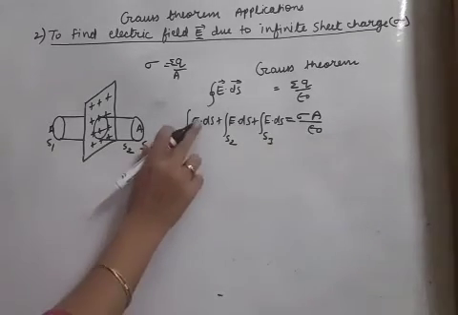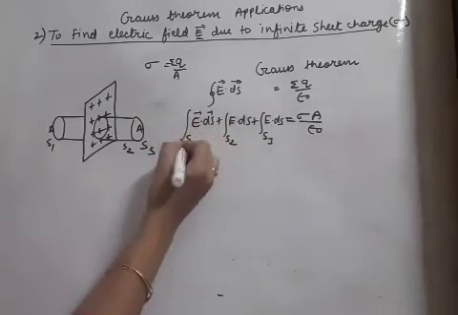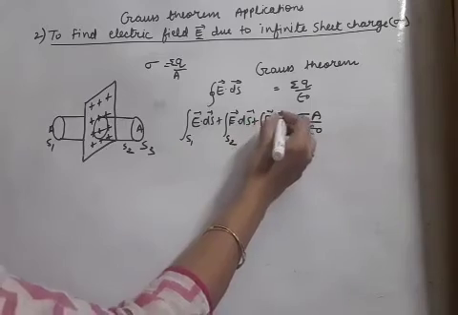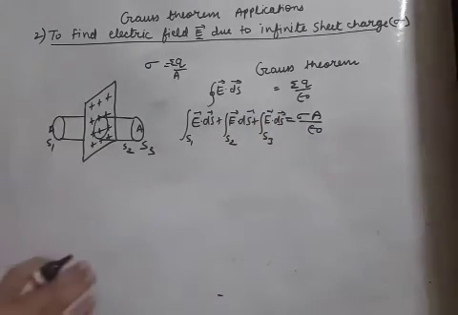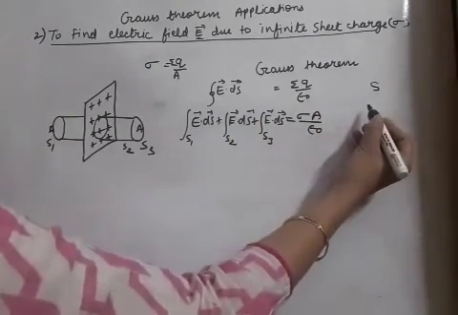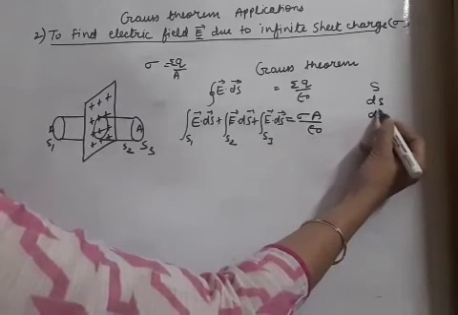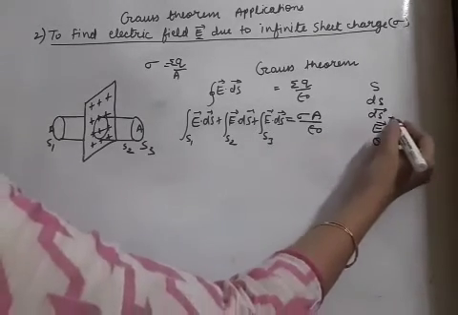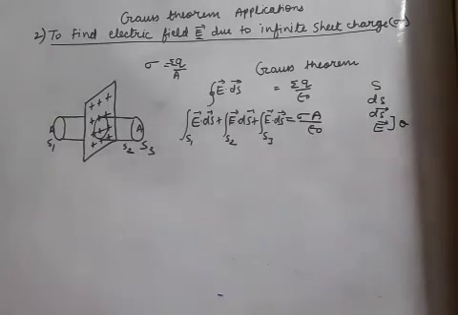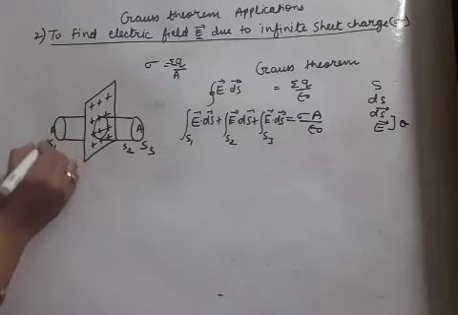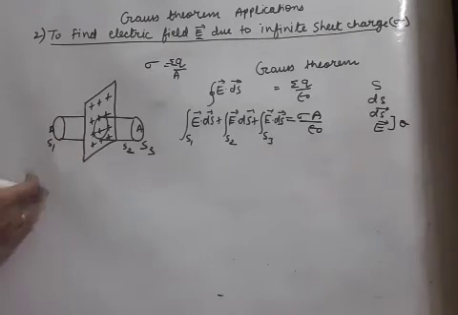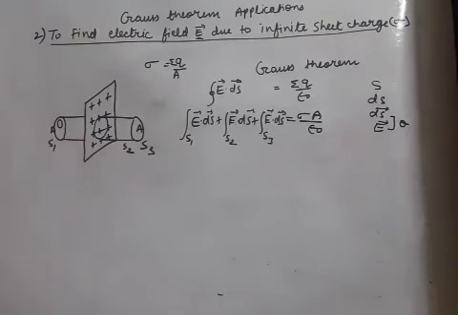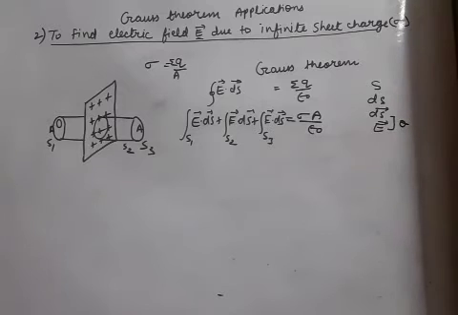Now our target is to solve E dot ds vector for every surface. So the procedure is the same. First of all, take S, then ds vector, and then E vector. Then the angle between the two, theta. This will be the procedure. Let us start. Our surface number S1 is a vertical circle. We will take a small part over it. We will call it ds1.